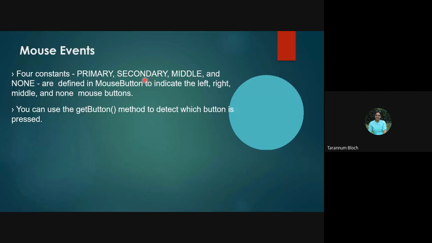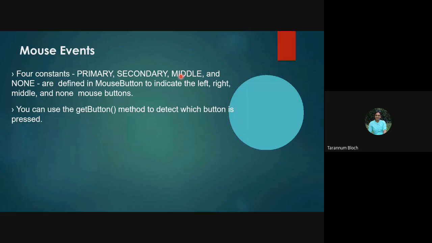Middle one: a few of the mice have a middle button also, so we call it the middle button, which represents the middle button of the mouse. And if none of them, then we can go with NONE.